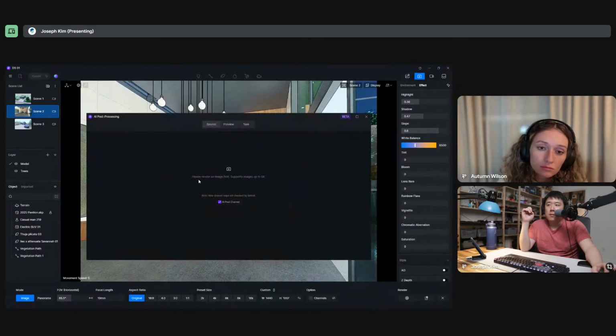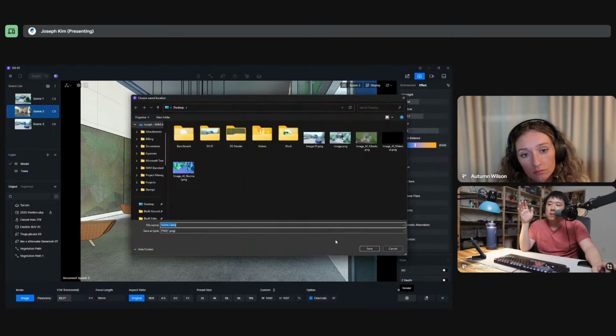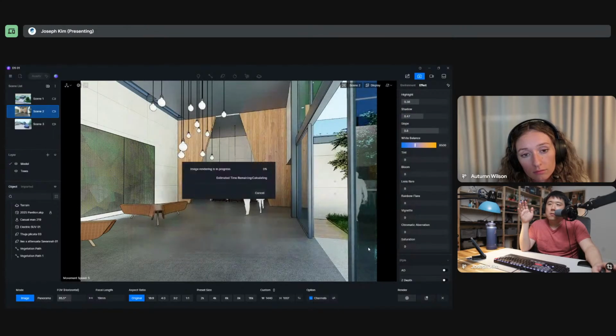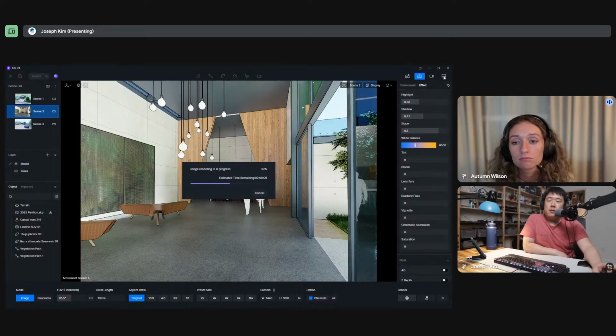AI processing. Please render an image first. Supports. Oh yeah, you are supposed to bring in something. Fine. Scene two. Sorry. Hmm, I wonder. I'm curious. I thought I was gonna load something, but it's asking me to render it. Interesting. I thought I was gonna select an image that I already rendered, but